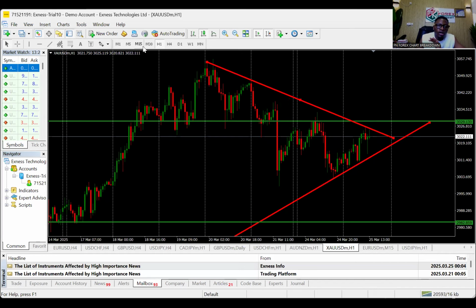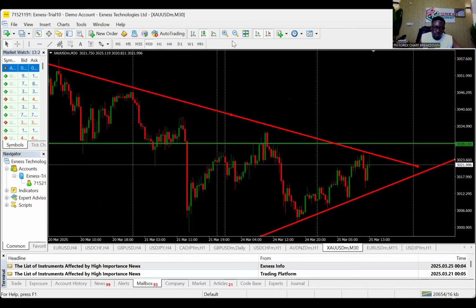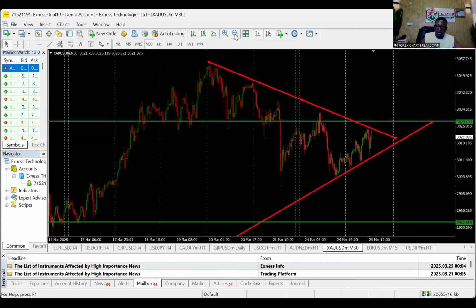Okay, we go down to the 30-minute. Probably I should be rushing down to the 15-minute, which is my most favorite entry point. Now, look at this chart. Pay attention to the chart. You can clearly see that the market has been moving within this range, respecting this key level which we marked on the 1 hour. Remember, we marked this level on the 1 hour. It has respected this level right down here. It broke, went down, came back, we tested this level, right? We tested this level, went down, came back up, retested this level, and